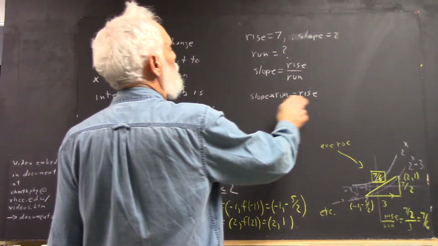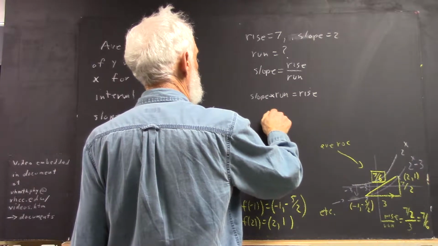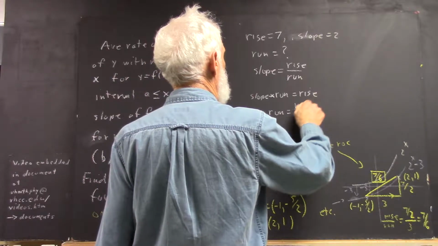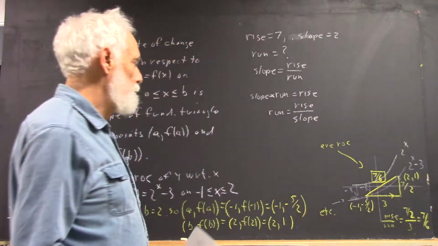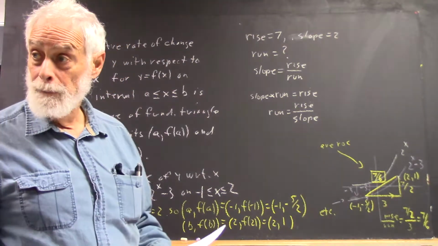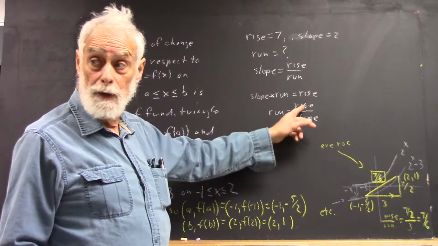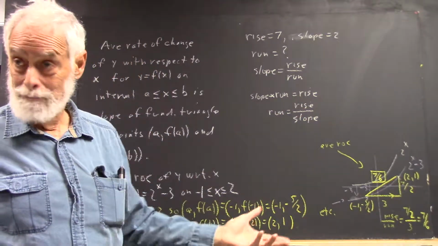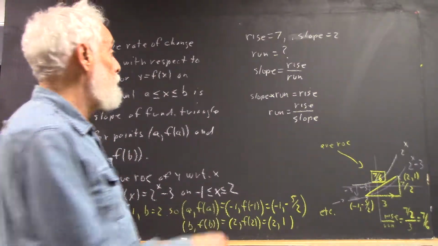well then, we could say that run is rise divided by slope, right? Divide both sides by slope, you're going to get run equals rise divided by slope. Just using your basic, very simple algebra. Okay? So this one